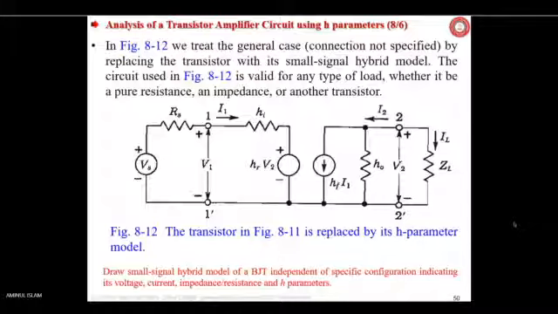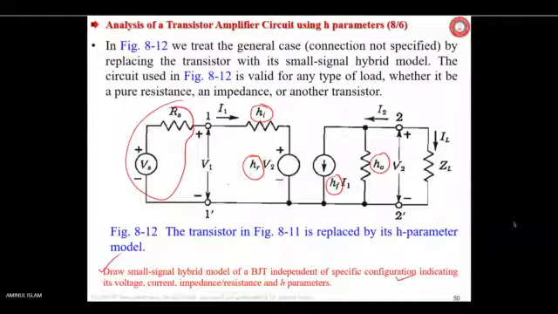So you may be facing this kind of question if NSM is coming. Draw small signal hybrid model of BJT, independent of specific configuration. See that here we are not writing HRE or HIE or IC or IB. We are generalizing things. Nowhere is an H parameter specified. So it is a general H parameter transistor model. Remember, and we have already seen. We have added what? This part we have added.